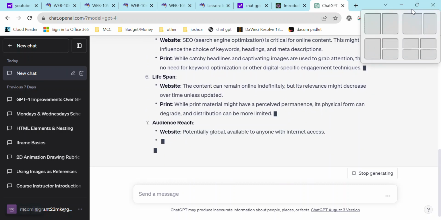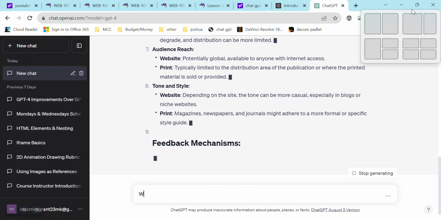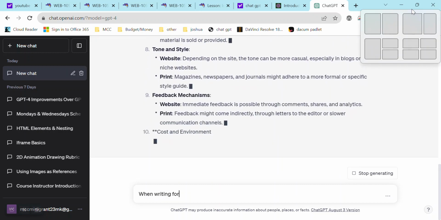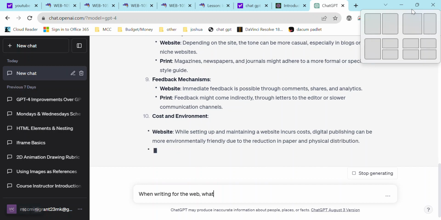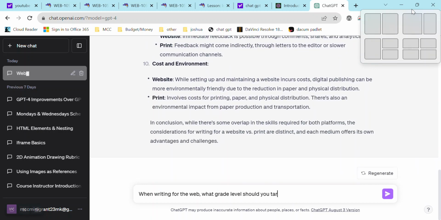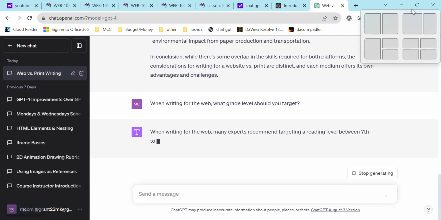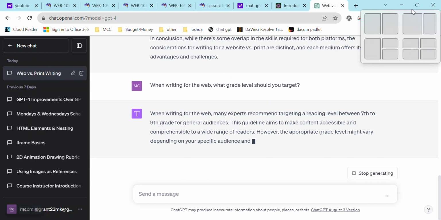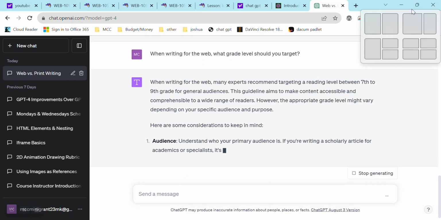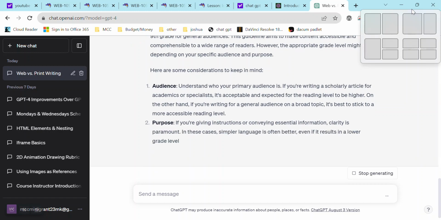So when writing for the web, and I'm going to ask, what grade level should you target? I usually do 6th to 8th, but 7th to 9th is fair.